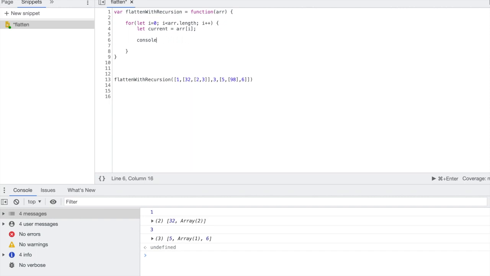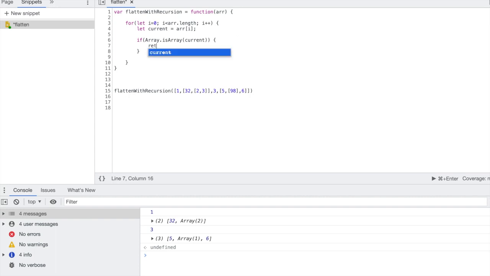So now, like I said before, we're going to need to check each current value to see if it's an array or not, and then we're going to do something. So the best way to do this is make an if statement and say if, and then we're going to use that Array.isArray, pass in the current value. So if the current value is an array, we want to do something. And what we're going to want to do is actually return this function,